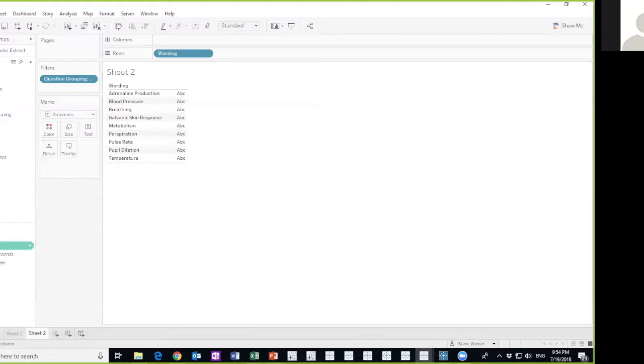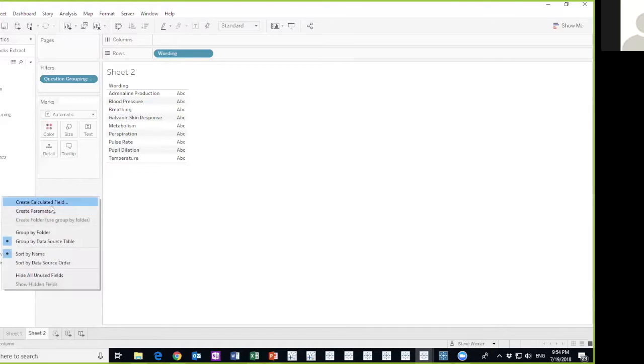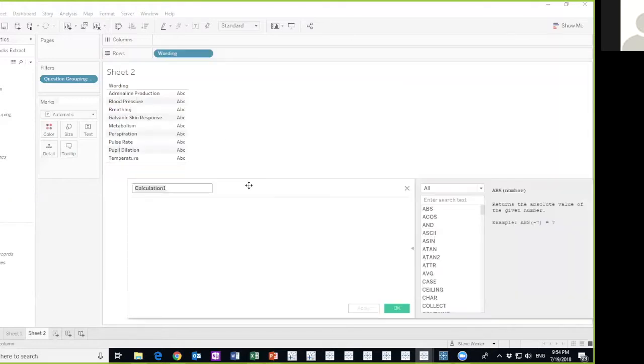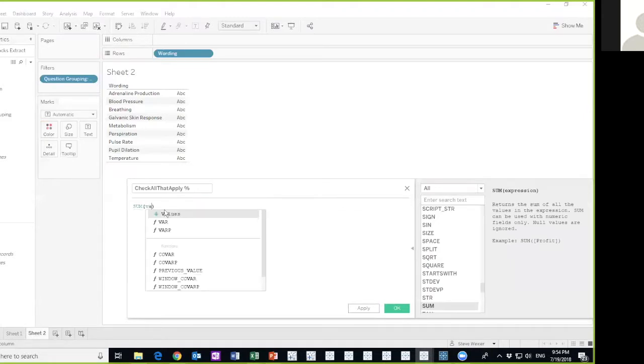So I've got my ones and values over here. So I'm going to create a calculated field, and I'm going to call it check all that apply percentage. And it will be add up all the values and divide by